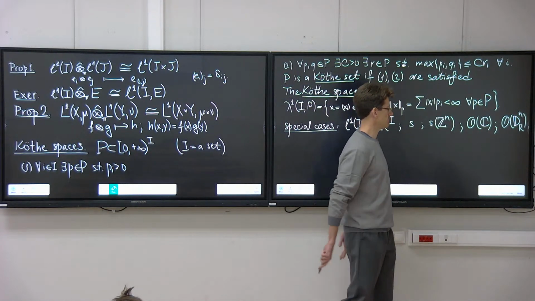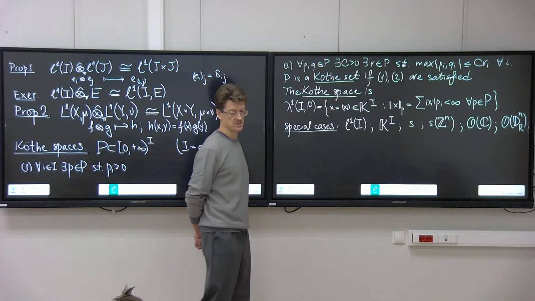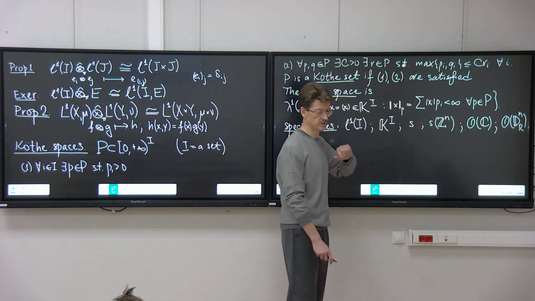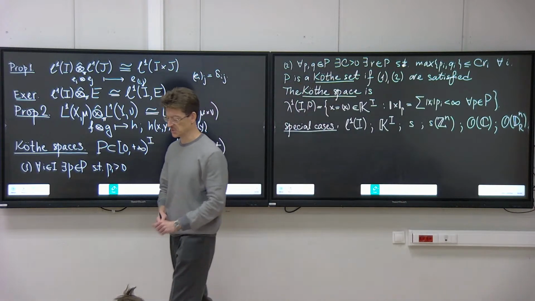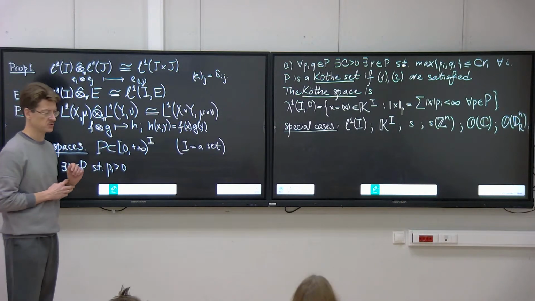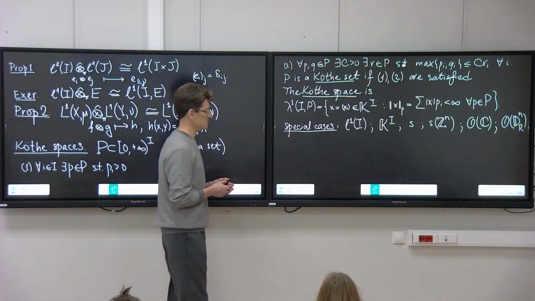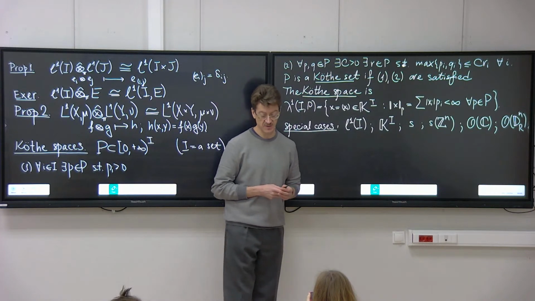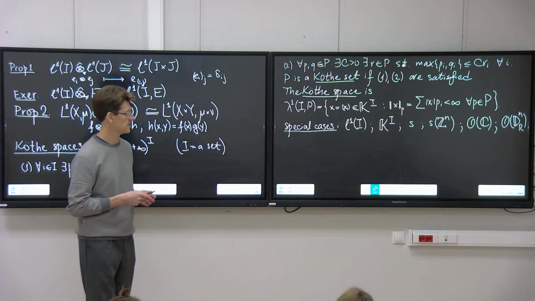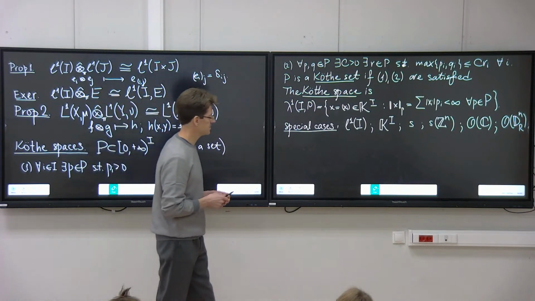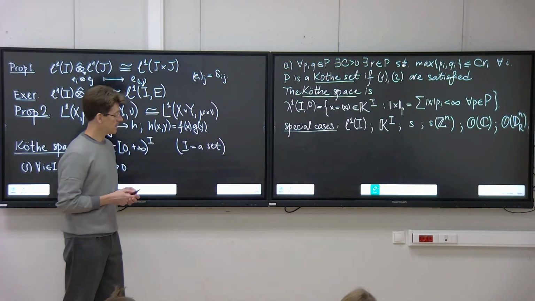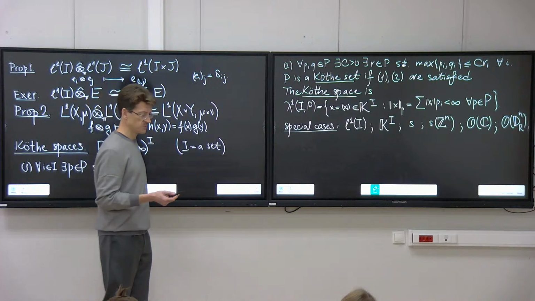In particular, one can prove that the Schwarz space is isomorphic to a suitable Curtis space. More exactly, it is isomorphic to little s. The space of smooth functions on an arbitrary smooth manifold is also isomorphic to a suitable Curtis space. Spaces of holomorphic functions on many classical domains and on many classical manifolds are also isomorphic to Curtis spaces, and so on. So there are many concrete examples of Curtis spaces. The second reason why Curtis spaces are useful is that